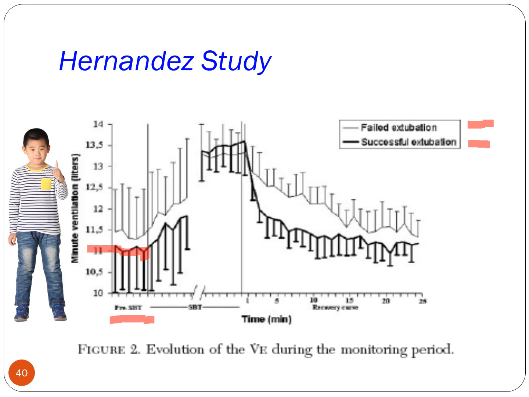Now, they noticed that the patients who were successful had a lower minute ventilation than those who were unsuccessful. So the key point here is minute ventilation is important when you decide whether someone can be extubated. You have a pre-SBT with a pressure support of 12. Then during the SBT, you decrease the pressure support from whatever the value is to 0. When you decrease the pressure support, these patients have to work harder to breathe, and as they work harder, you see an increase in minute ventilation in both the successful group and the failure group.